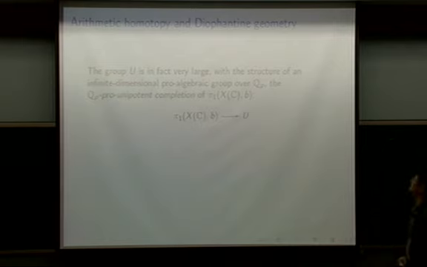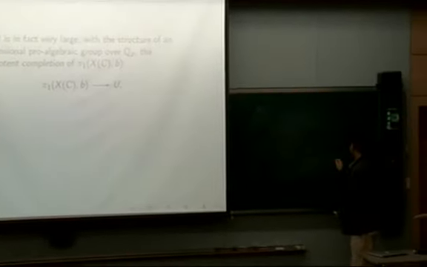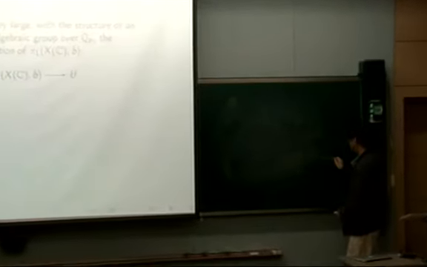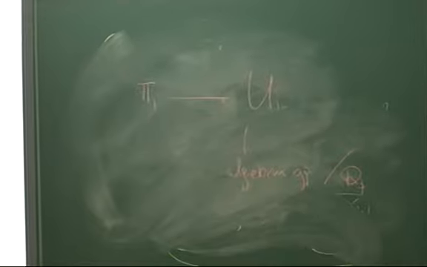Okay, so this is the relevant slide. You can start with the fundamental group, and there's a way to put it inside a large algebraic group defined over the P-adic numbers. This is called a P-adic completion. This is one of the many different notions of P-adic completions of an arbitrary group.